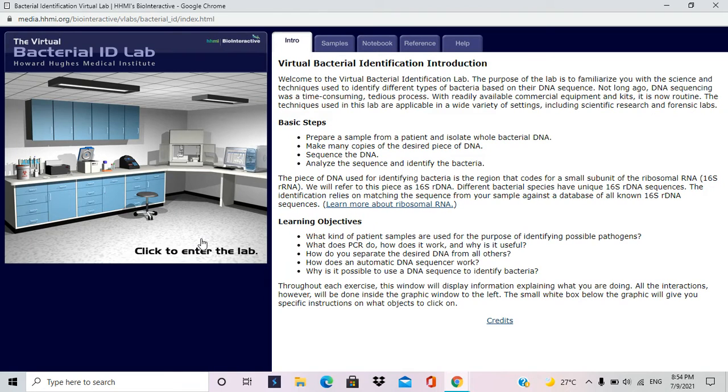Today, I want to do the bacterial identification. So before that, I want to tell you about the theory. The theory of bacterial identification is that bacteria are identified by proteins